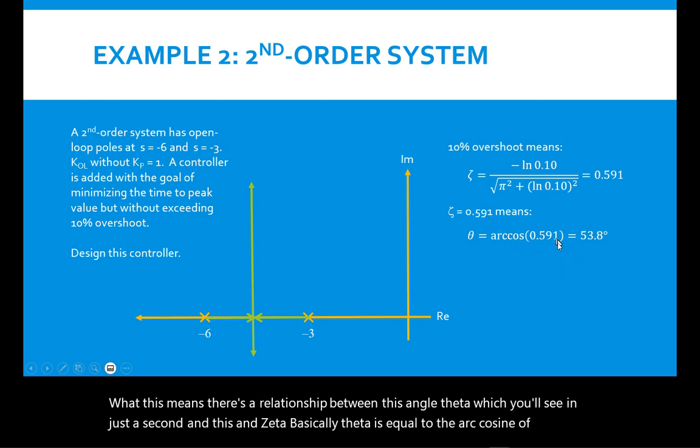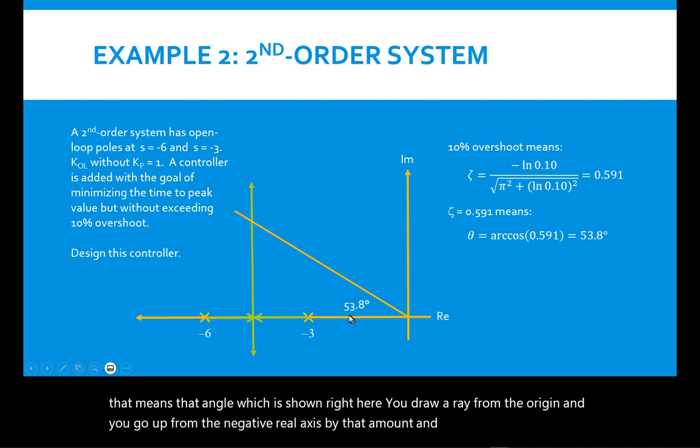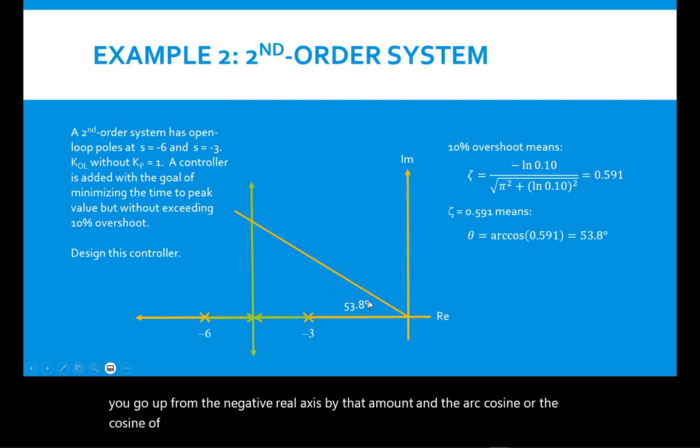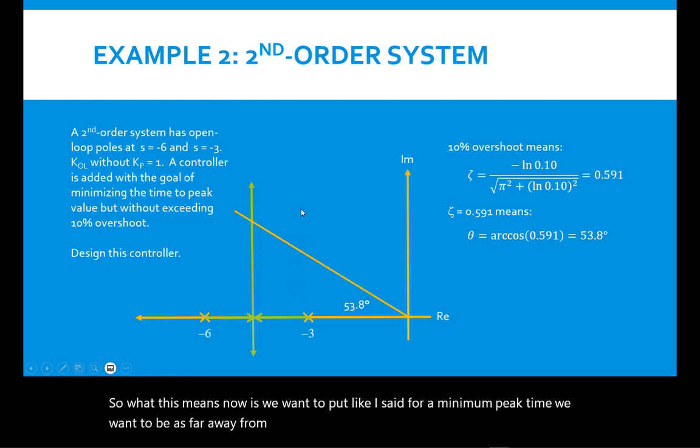And that means that angle, which is shown right here, you draw a ray from the origin, and you go up from the negative real axis by that amount, and the cosine of this angle is equal to zeta. So what this means now is, like I said, for minimum peak time, we want to be as far away from the real axis as possible, but we can't go to a zeta lower than